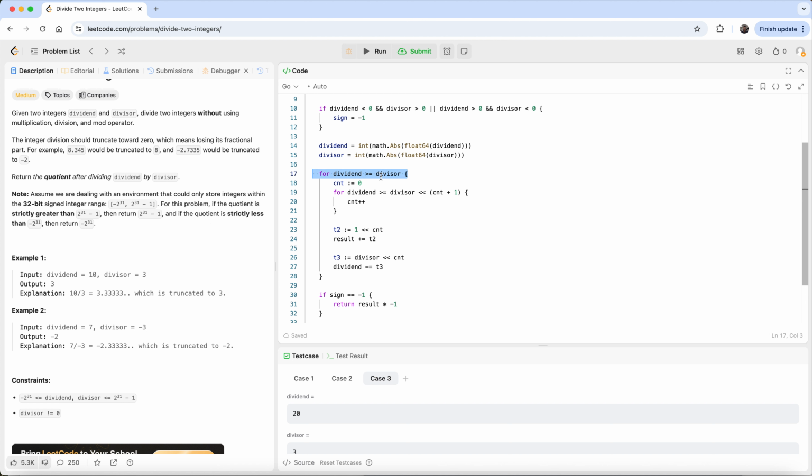So if this is the condition, the count is 0, and now I'm checking this divisor left shift count plus 1. So count plus 1, count is 0, so it's a 1. So left shift 1, that means divisor multiply by 2, 1 is 2, so divisor 3 multiplied by 2 is 6. So dividend is still greater than 6, so count is 1. And next time we'll check count is 2,